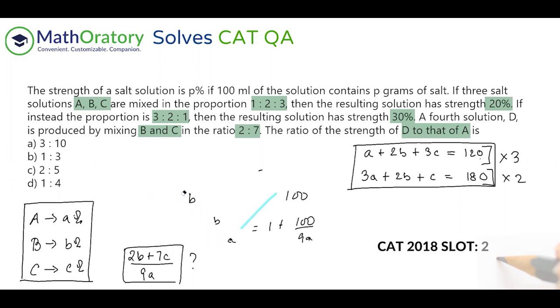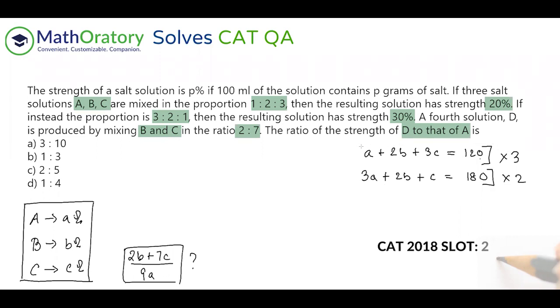So if I do this, let's just take this thing off. It's just an explanation. I'll multiply by 3 in the first one. I can also take this box thing off. Yeah, I'm multiplying 3 to the first equation and 2 to the second equation, and then I'm taking a difference. So I'm subtracting first minus second. Effectively what happens is this constant term eliminates. So what I have is 3a minus 6a, so that is minus 3a, plus 6b minus 4b, so that is 2b. So this is what I was checking. 9c minus 2c, that is 7c. See, we get this 2b plus 7c, so that is equal to 0.